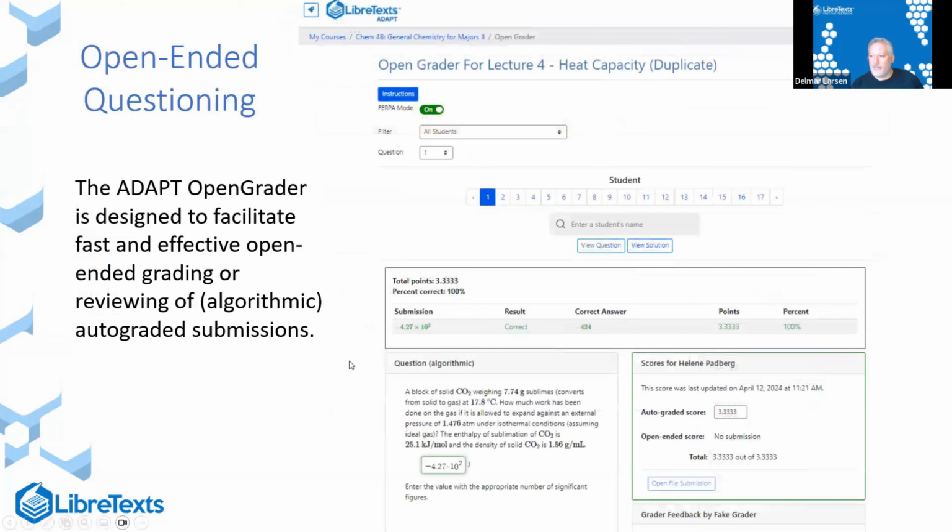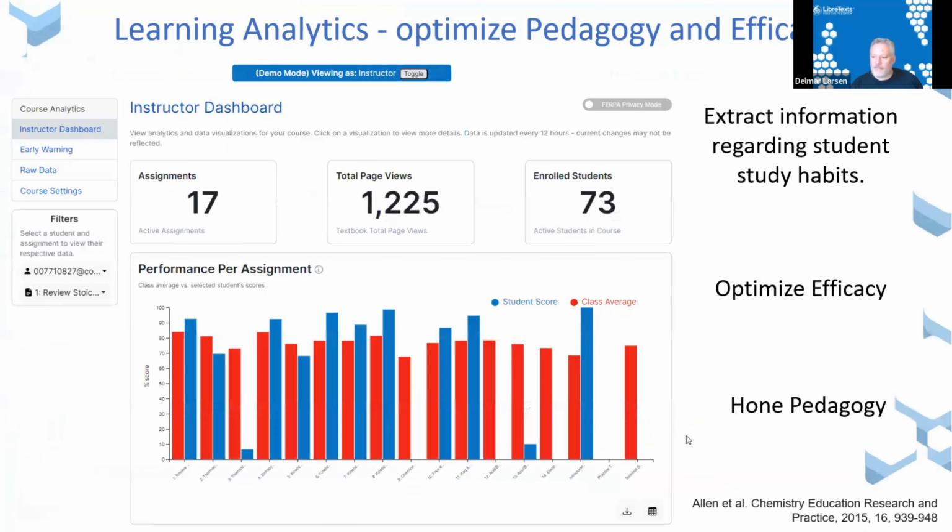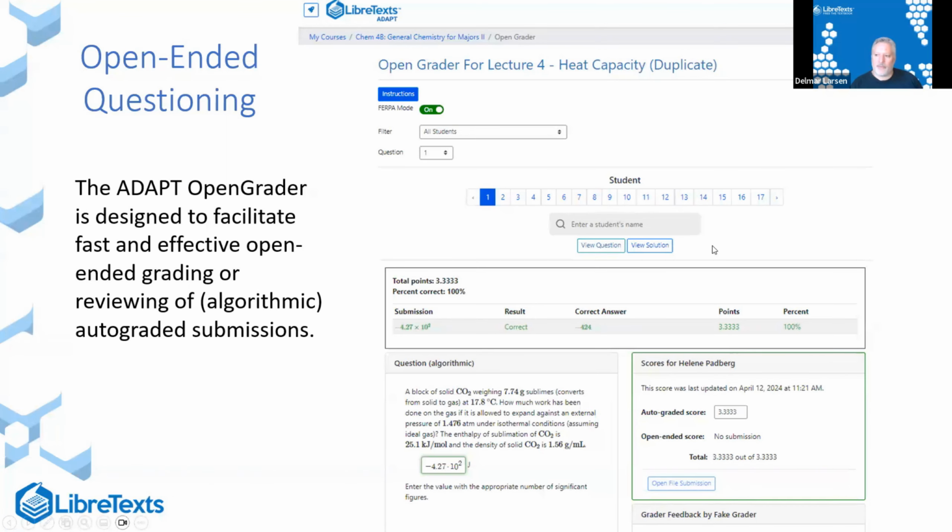and they can't just quickly grab someone else's scores. This right here is the Open Grader. The Open Grader is our tool to facilitate rapid grading of assignments that students have submitted. This is showing that same question, what the student has submitted, identifying that the student's value is correct. You can give feedback down here.